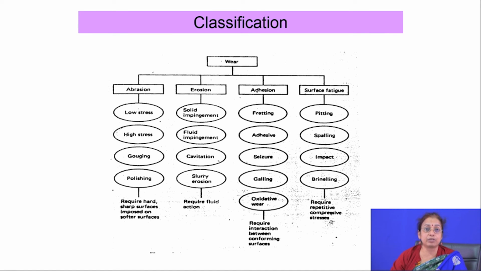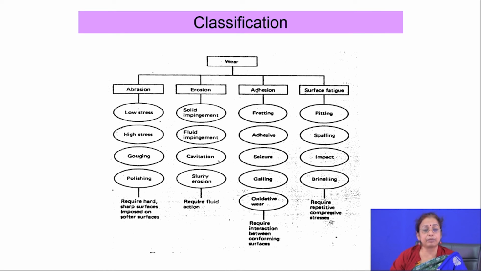Without cleaning, you see under the microscope what is there on the surface. If it is high vacuum scanning electron microscopy, you have to clean the surface; you cannot take the component along with the wear debris. But if it is low vacuum scanning electron microscopy, you can always see it with the debris. If it is a high vacuum system, then you have to collect the debris so you can analyze it separately.